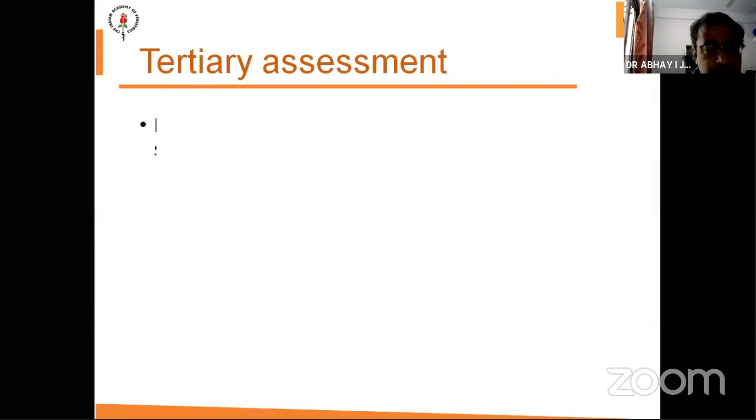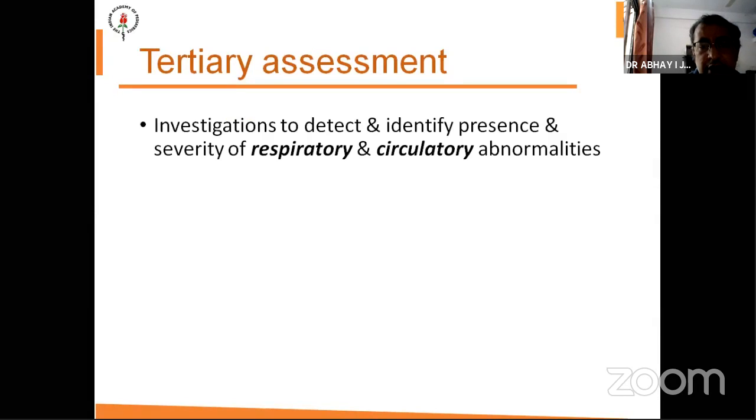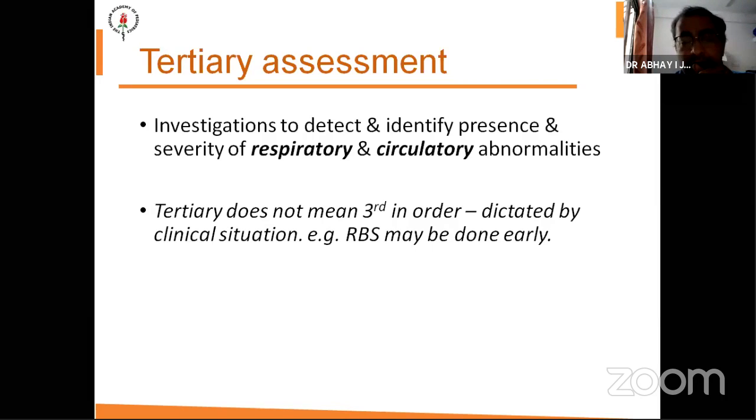Tertiary assessment does not mean that it is to be done at the end. Some of the things we need to do right in the beginning, but it is to detect and identify presence and severity of respiratory and circulatory abnormalities. And probably here we also look for the etiological diagnosis, and accordingly we investigate. Here, that does not mean that it is third in order, but it depends on the situation. If we are suspecting hypoglycemia, we can do the RBS right in the beginning instead of waiting for its turn to come